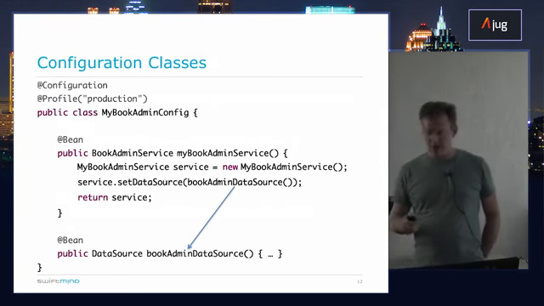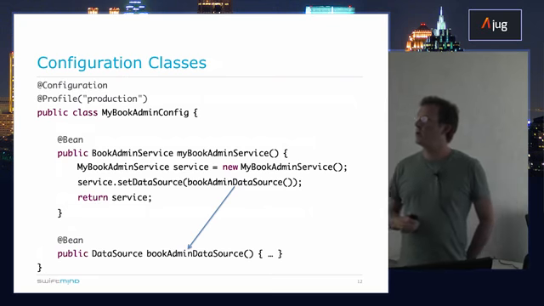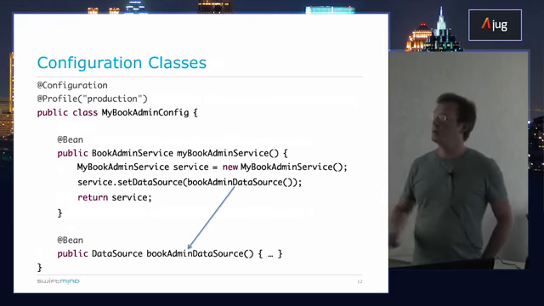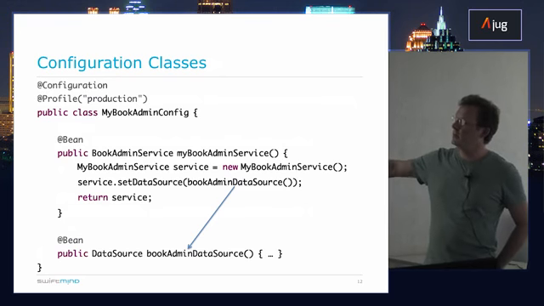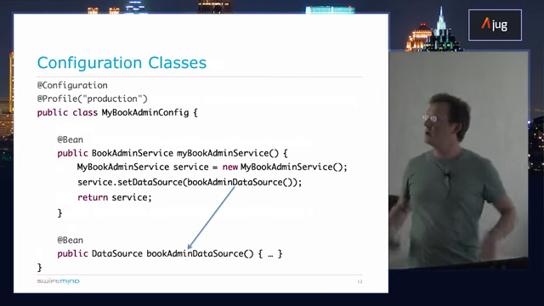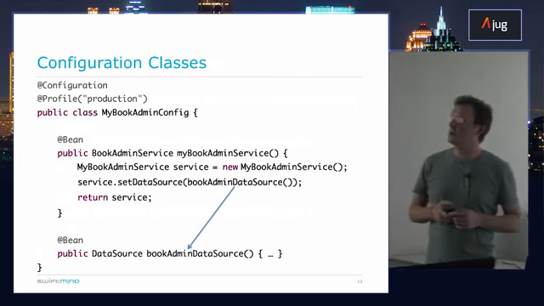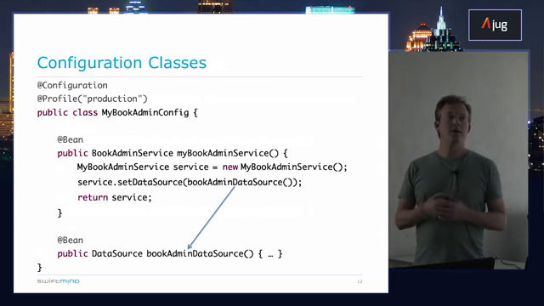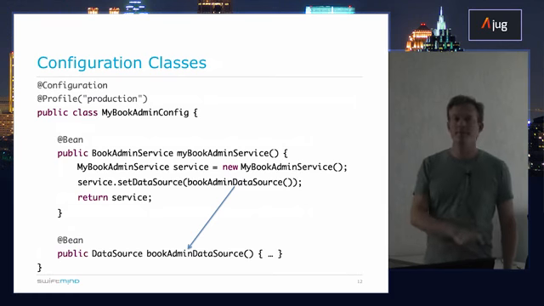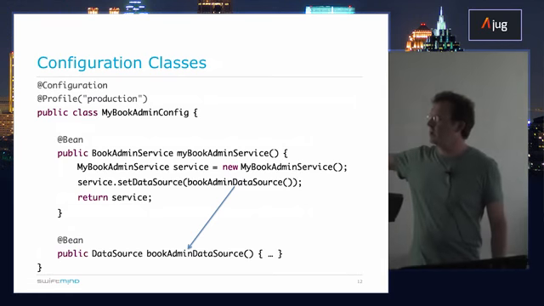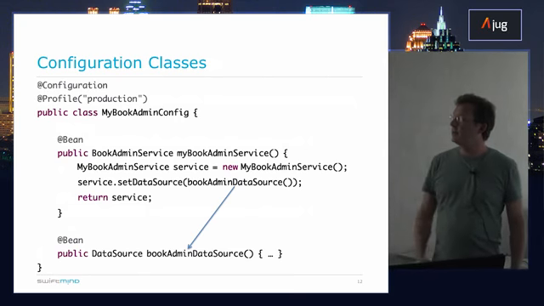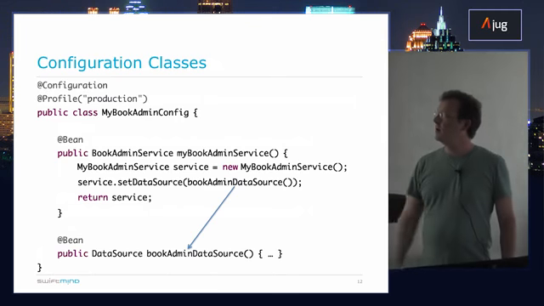So that's the annotation-driven component model. And when we talk about configuration classes, we're talking about Java config as opposed to XML-based configuration. And here we see a standard class, not implementing anything or extending anything, just annotated with @configuration. So that says this is a Spring component. Specifically, it is a configuration class, so it defines beans. And you declare your bean definitions with @bean annotated on methods, using the name of the method as the bean ID or bean name, and the return type as the type. Then you can just use any standard Java, anything you need to